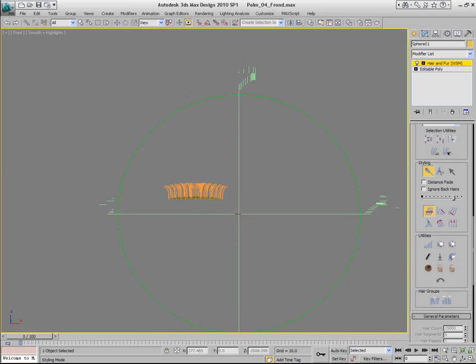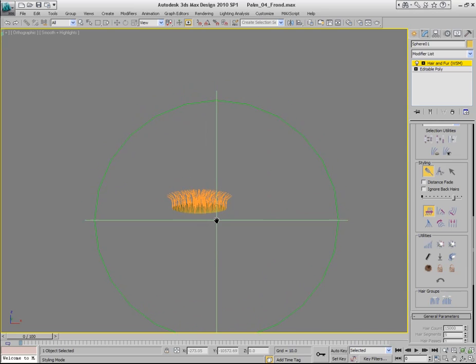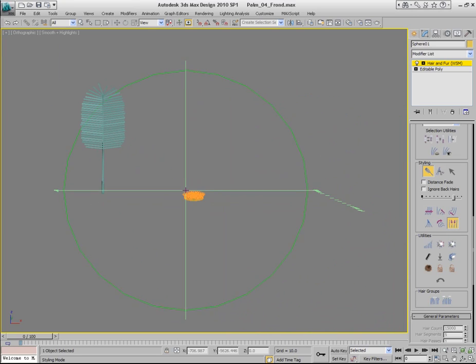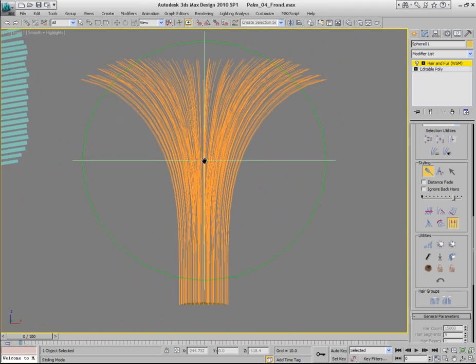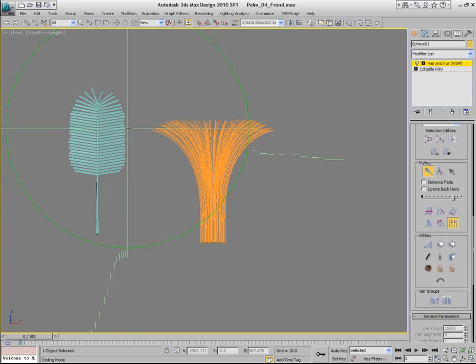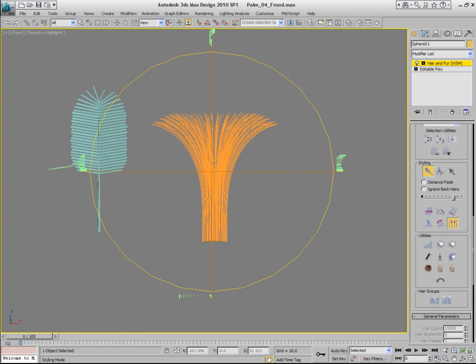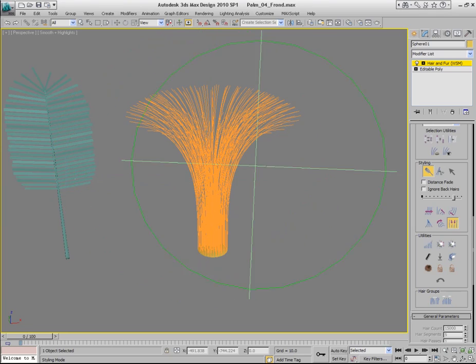Now, the only thing that is left before we turn it into instances of the palm frond is to scale it up. So click the scale button and scale all these guides up so they are approximately as long as the individual frond. Something like this. Okay, now